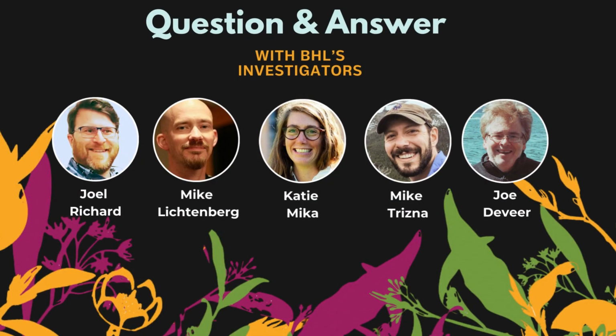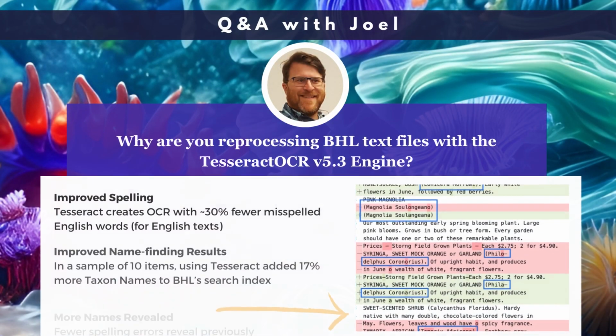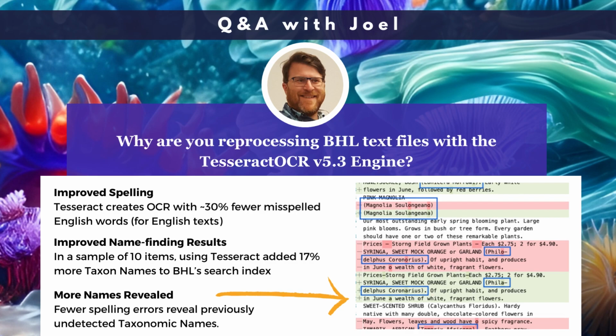Now it's time to transition to a Q&A style session with BHL's research investigators, who are working to unlock key biodiversity data. While they aren't able to join us in real time, they've provided us with insights from their fascinating work. Turning our attention to our first investigator, Joel, who is head of IT at Smithsonian Libraries and Archives and